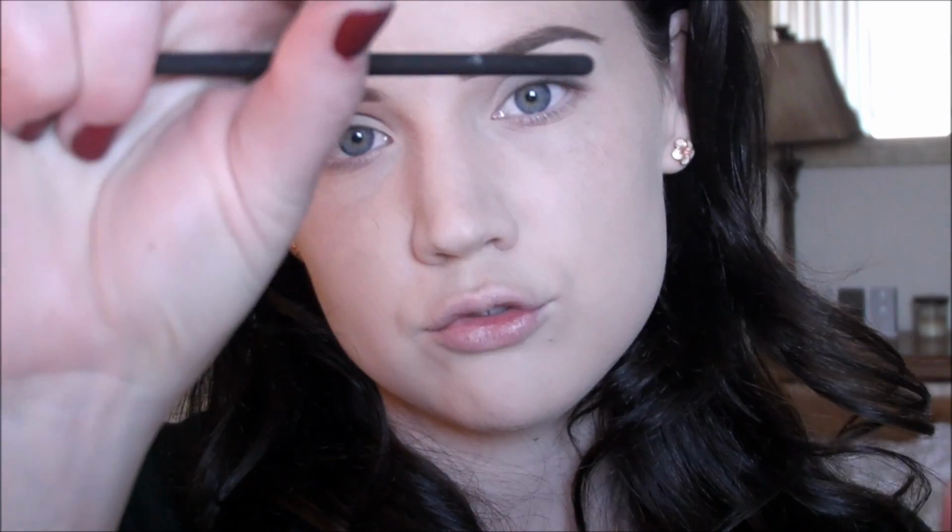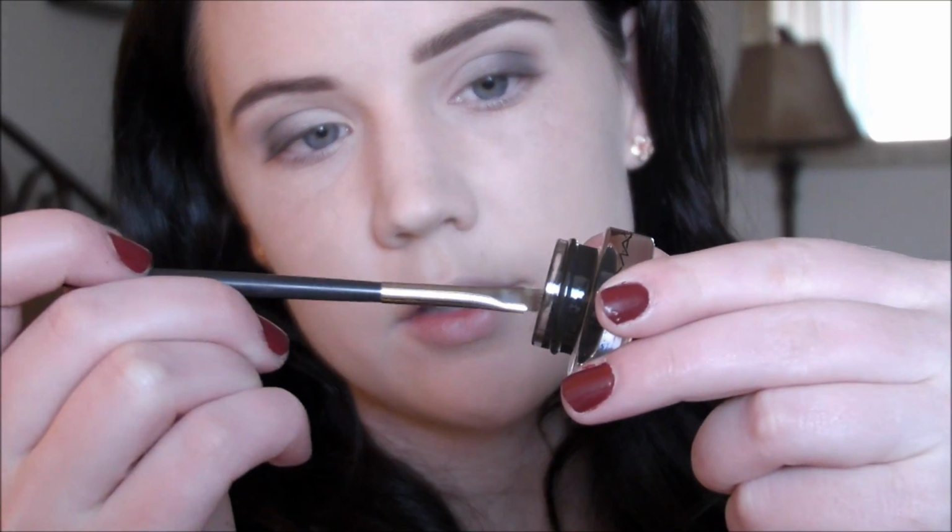And next it's just a little bit of eyeliner. Today I'm going to do a couple different effects, one of them being a tight line and then just a light line across the top. I'm going to be using MAC Blacktrack Fluidline and my 266. Just get a little bit. Now tight lining